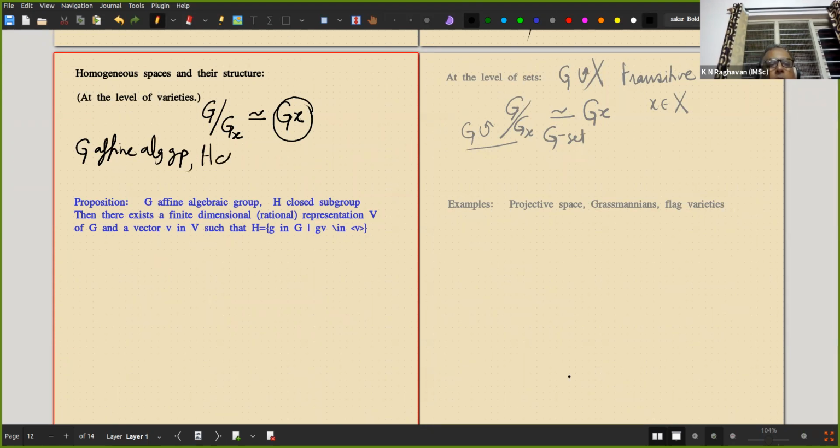Nothing. H is a closed subgroup. Then G mod H is a variety, and its underlying closed points are